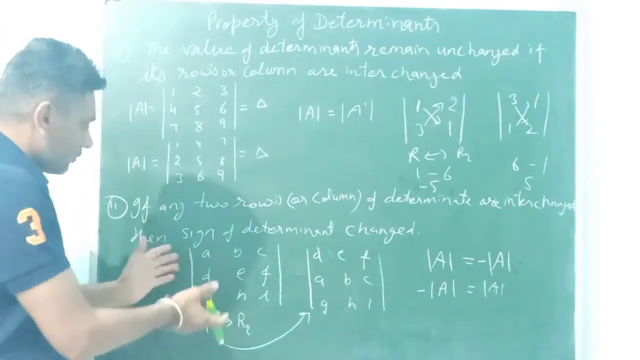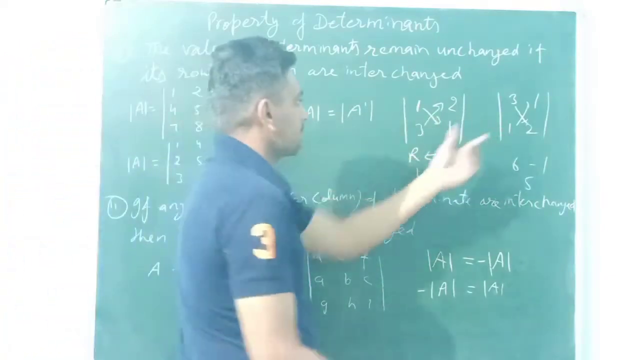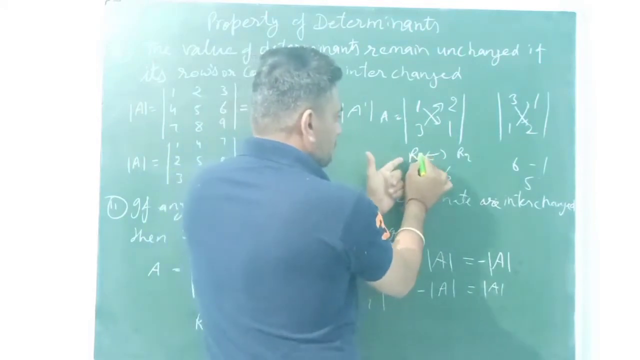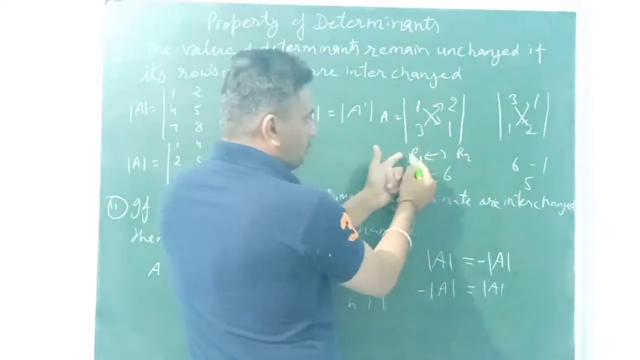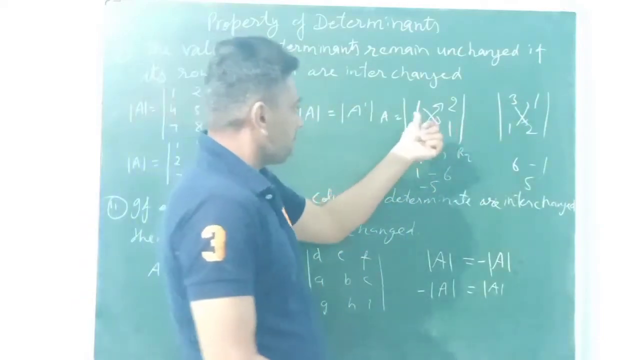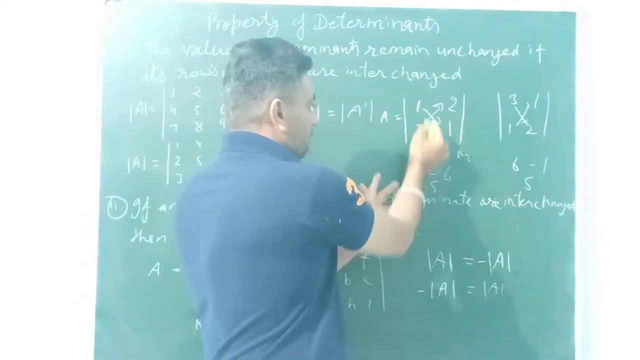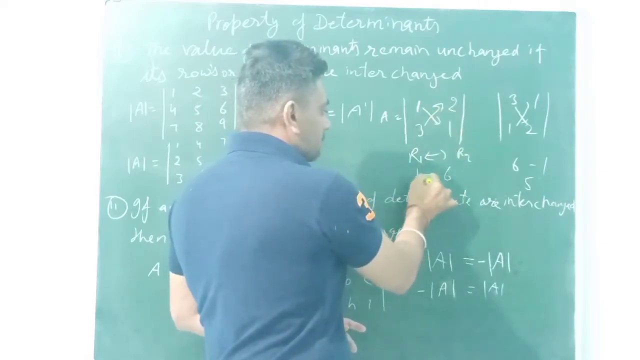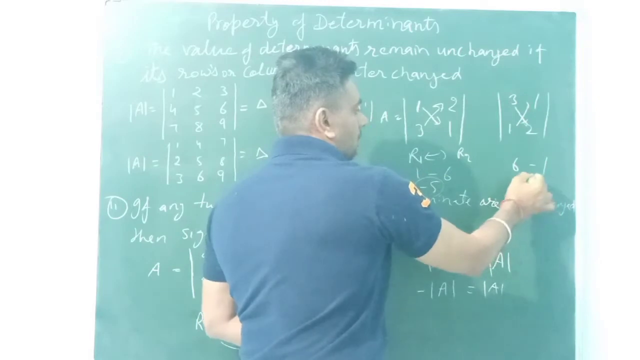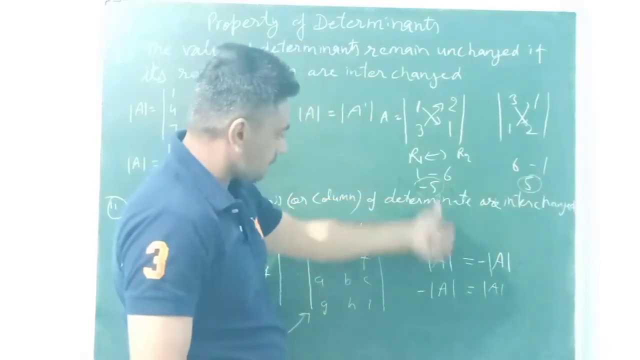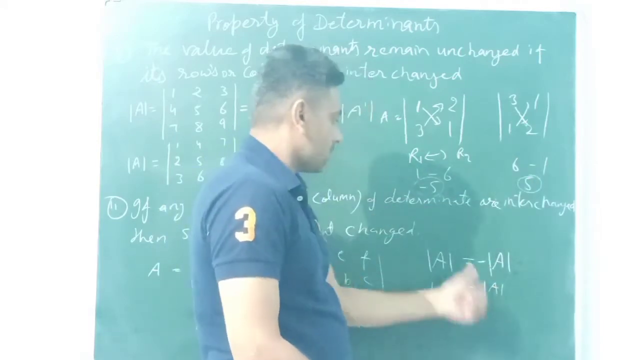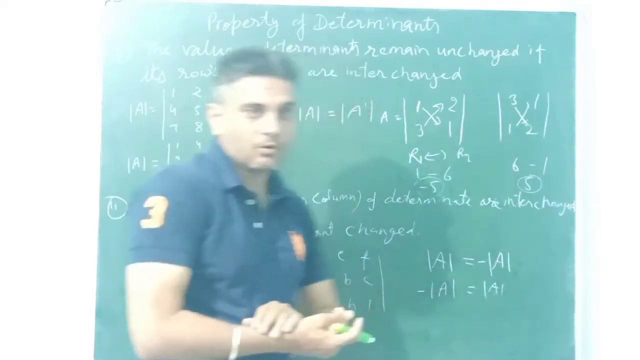First, if we take a 2 by 2 matrix, if this is A, and when we change R1 to R2, R2 to R1, this becomes this, and when we find the value of this determinant, it becomes 1 minus 6, which is minus 5, and here 3 into 2 minus 1, this is 5. This is the same magnitude. If this is negative then this becomes positive, and if this is positive, then this becomes negative. Okay,